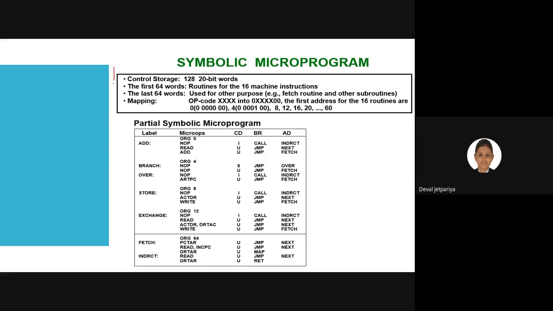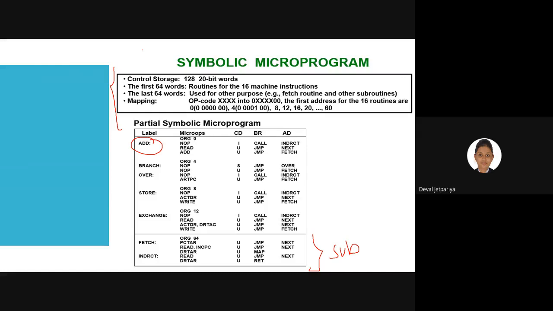Initially they have given some basic configuration, and after that they have started the micro program of addition, right? You might think, what is that? This is nothing but a subroutine. A subroutine is a set of code lines which are frequently used in your micro program.